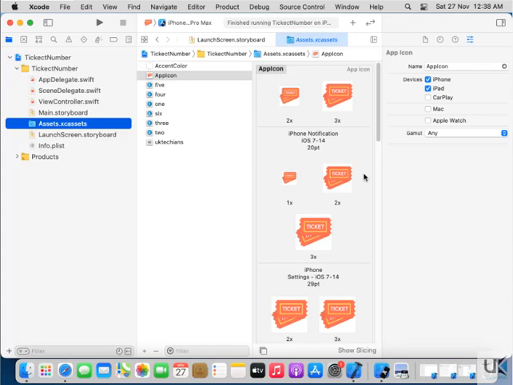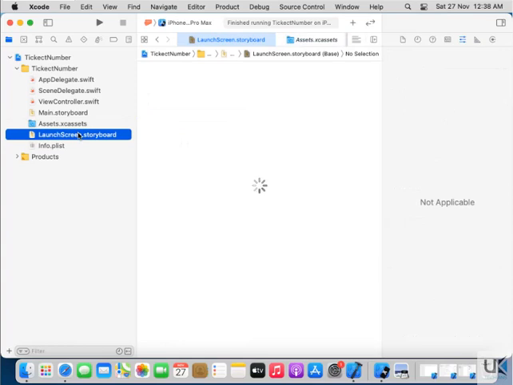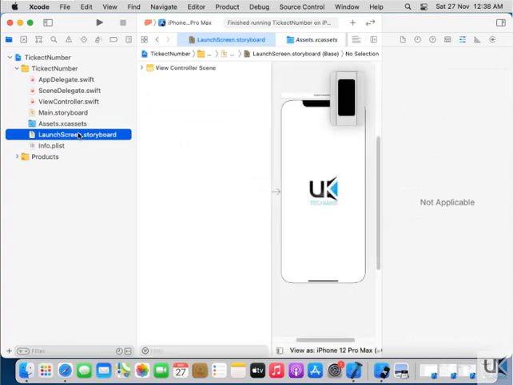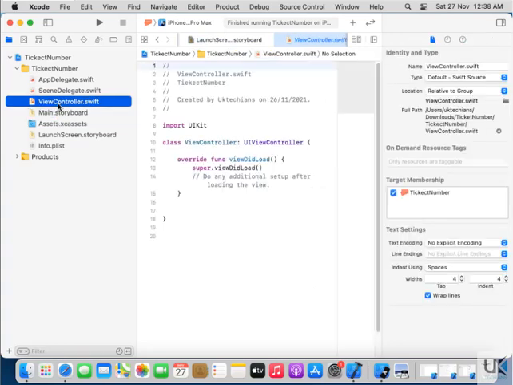You have to just click on main storyboard, add a label, add an image, add an image background, and then a button. When you click on that particular button, it will show the numbers that are displayed over here: 5, 4, 3, 2, 1, 6, and so on. The launcher screen is already updated. You have to just work on this main storyboard and this view controller that I have covered in my previous tutorial, which is day 2 tutorials.